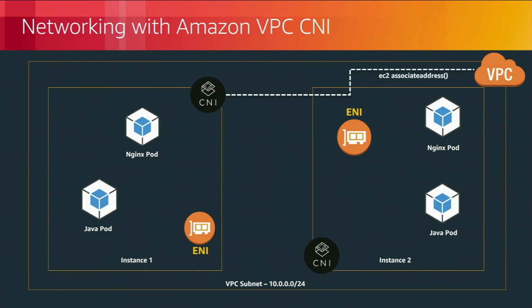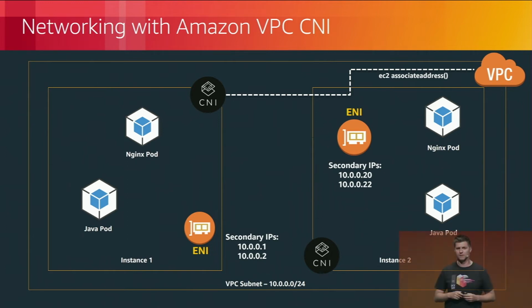The way this works is we actually assign the pods within the Kubernetes cluster their own IP address, which is native to the VPC itself. So essentially, each of the pods within your cluster act and behave very similarly to that of an EC2 instance. You can see here when I start up my cluster, I have a CNI plugin. It reaches out to the VPC. It gets an IP address or a set of secondary IP addresses and allocates those to the elastic network interface